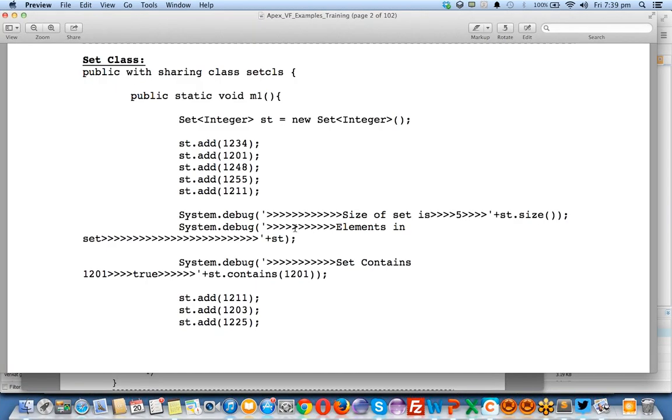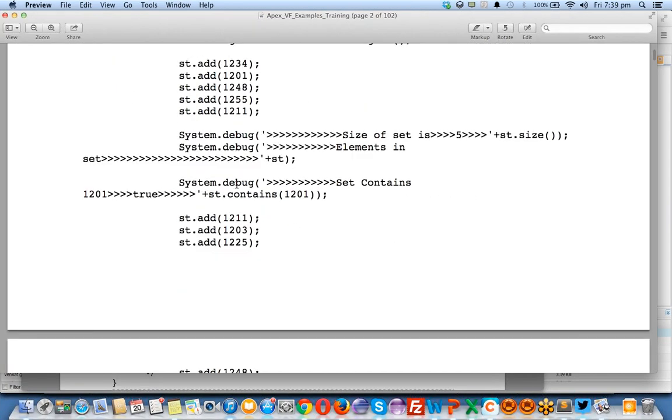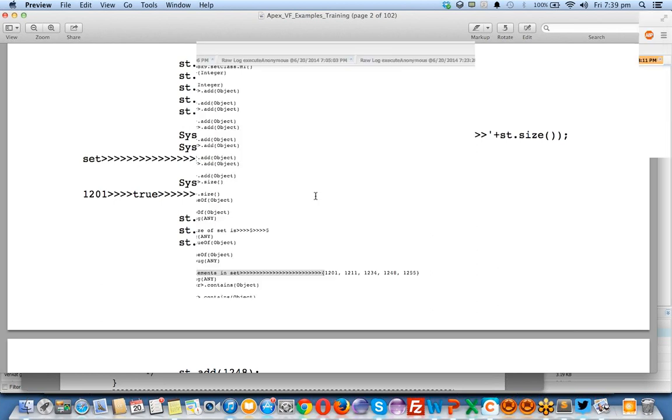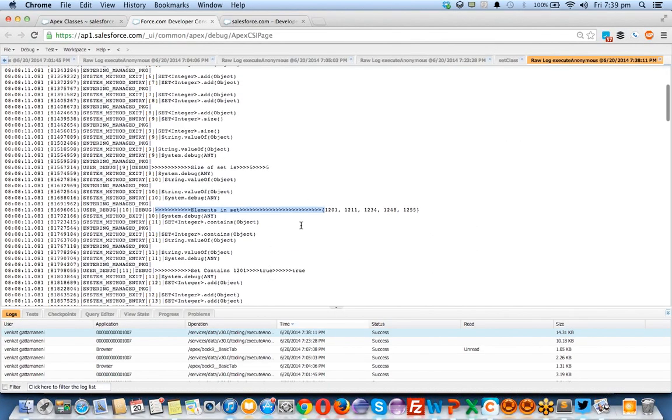Later I'm trying to find out whether the integer value 1201 is available in this set or not. The contains function checks this, and it says true because 1201 is already there.